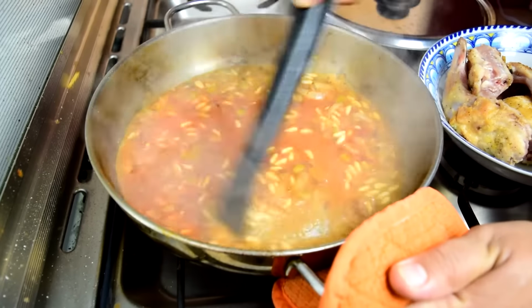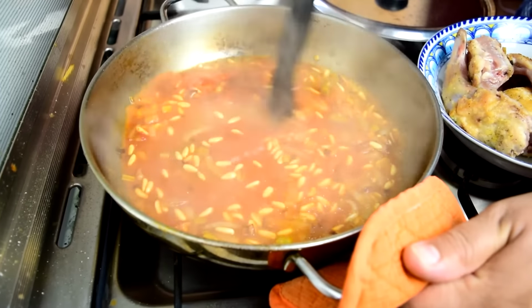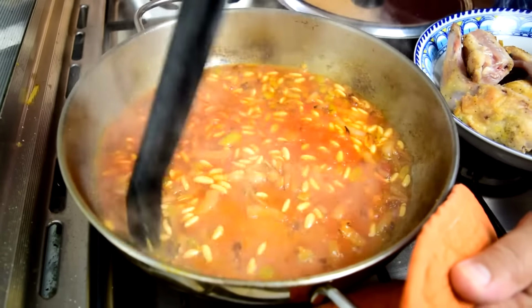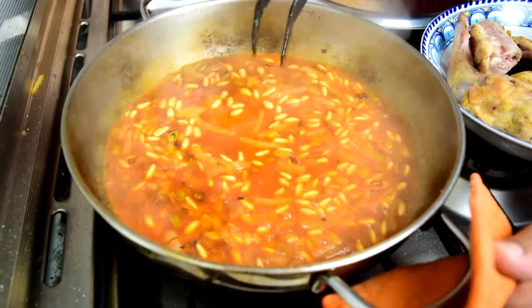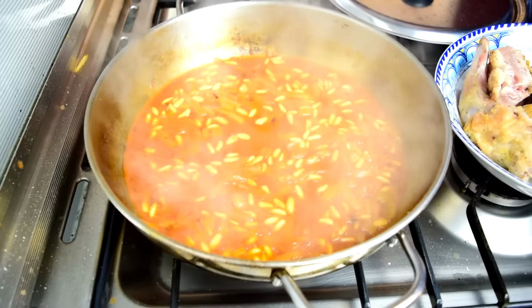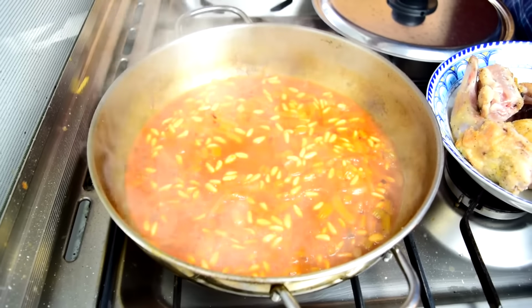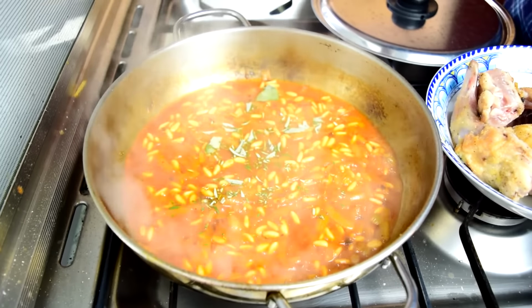White wine, red wine doesn't really matter too much. I like to use white wine because the rabbit has a delicate flavor. I don't want to overpower it. I just want to get the wine reduced, get the alcohol burnt off basically. The alcohol pretty much is evaporated now, so I'm going to add some sage, dried sage, and some fresh rosemary